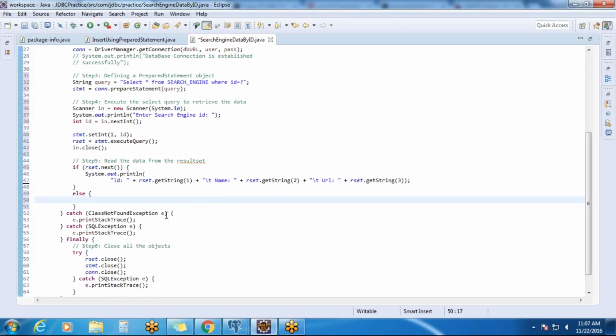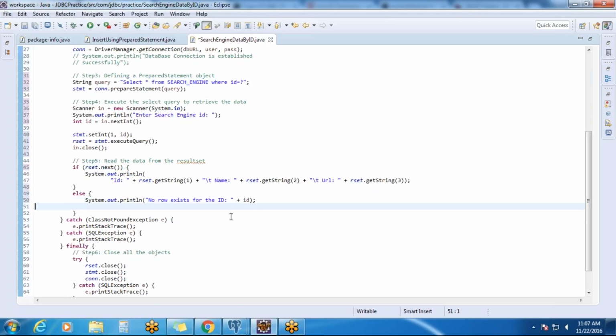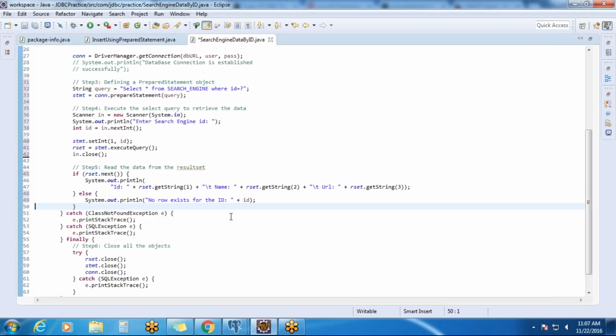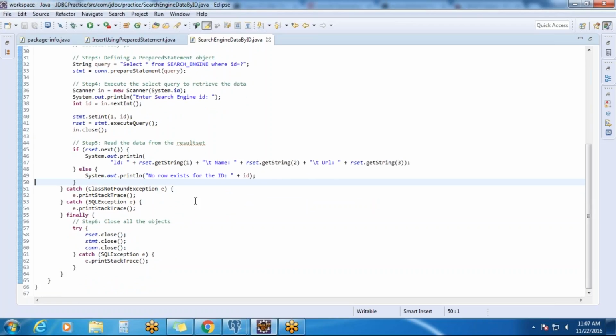Right, so inside that else block just copy this out. Okay, so if data is not going to get retrieved for the given ID, then we would like to display the message saying that no row exists for this ID. Right? Save this